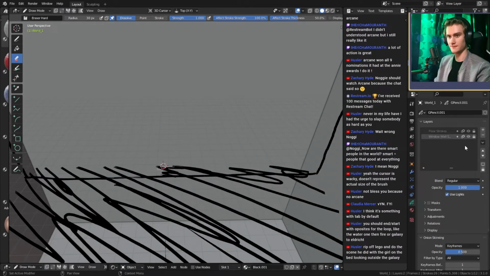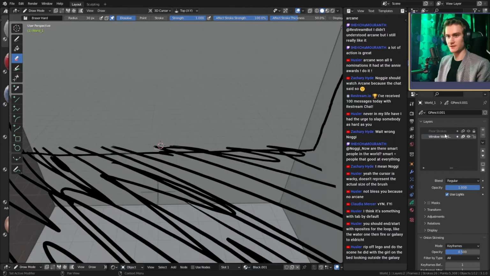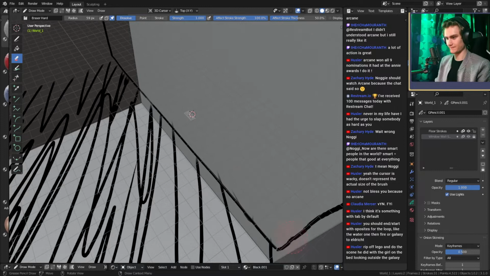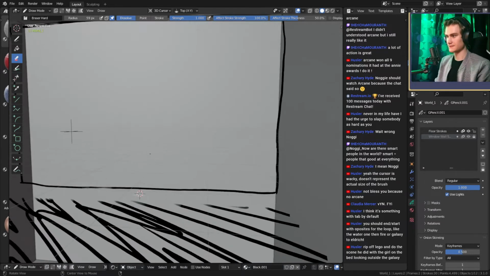You can also lock the individual layers. So I can lock the wall strokes, and I can unlock the floor strokes to remove the floor here, for example. Okay, so that's the